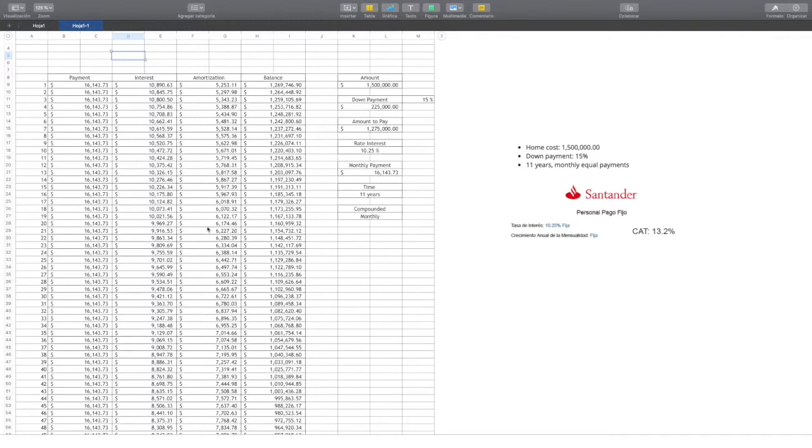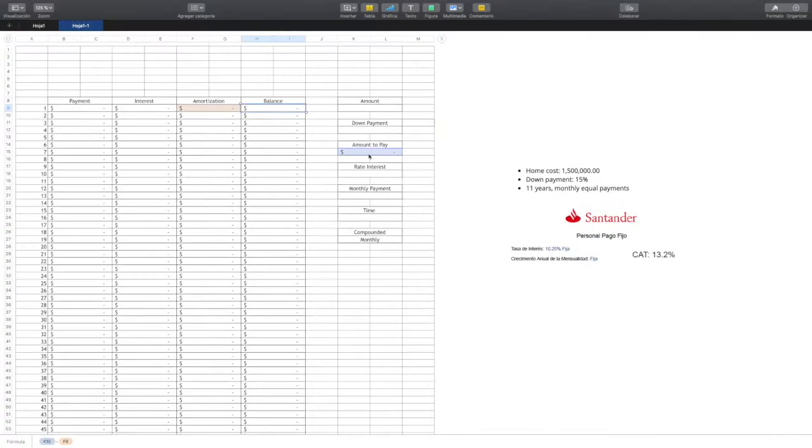And finally, we have the balance column. For this one, first we must use the amount to pay and we subtract the amortization. To get the second balance, we don't use again the amount to pay. We use the last balance and subtract the amortization of line 2. To get the third balance, we use the balance of the second line and subtract the amortization of the third line. So for balance, we always use the last balance we calculate and subtract the amortization of the line we